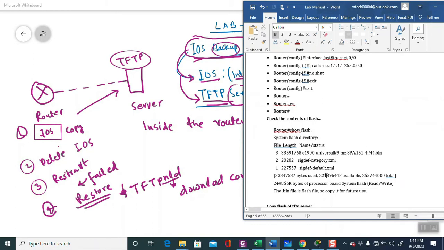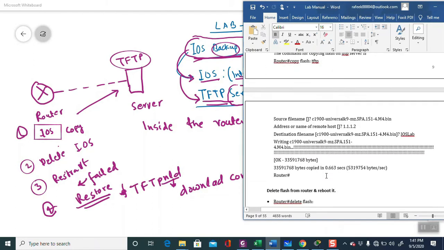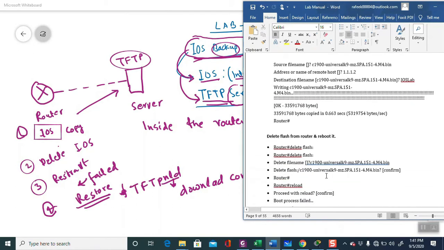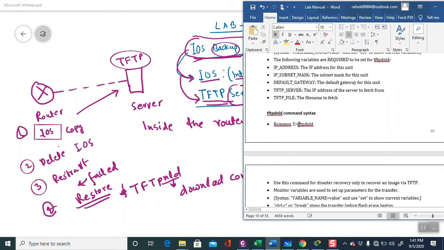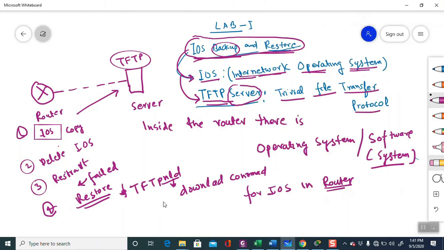Here there is a delete command, and TFTPDNLD, the TFTP downloading command, sorry, I was missing the D here. This means download.